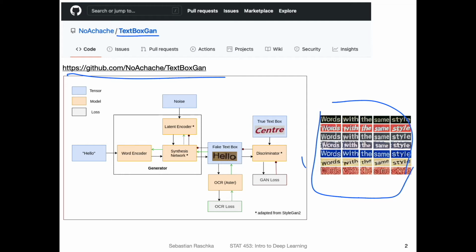A GAN usually consists of two parts: a generator and a discriminator. The generator is essentially trying to generate new data that mimics the data in the training set. The task of the discriminator is to tell apart whether the generator generated fake data, like data that is different from the training set distribution, or data that is similar to the training set distribution. Essentially, the generator learns to fool the discriminator such that the discriminator cannot distinguish between generated and real images. In that sense, you can think of the generator as learning the training data set distribution.